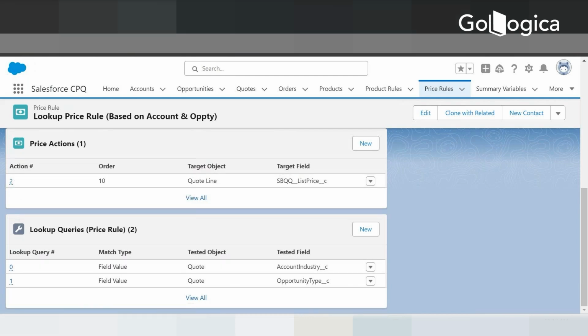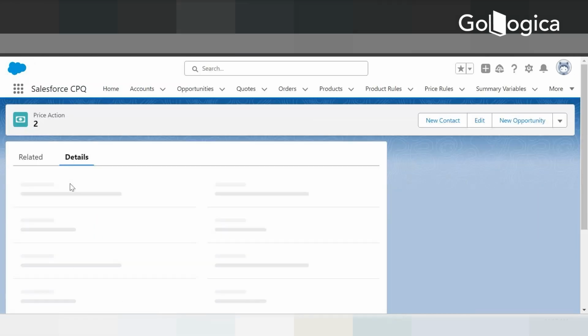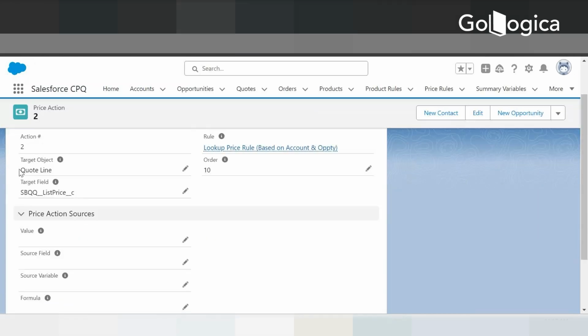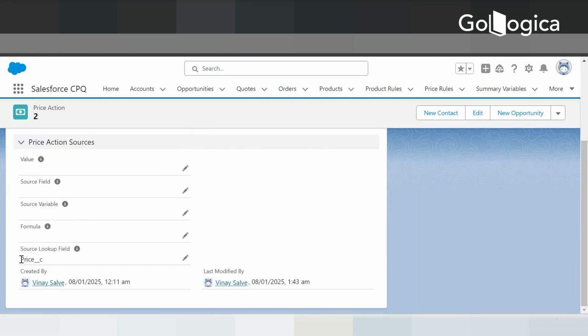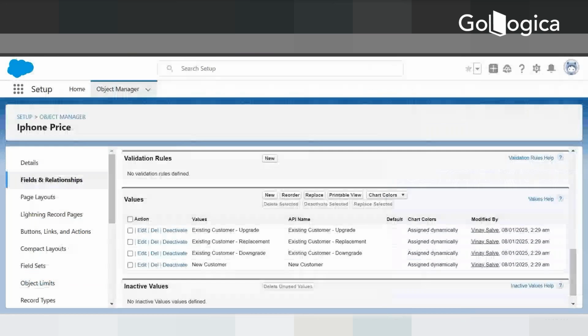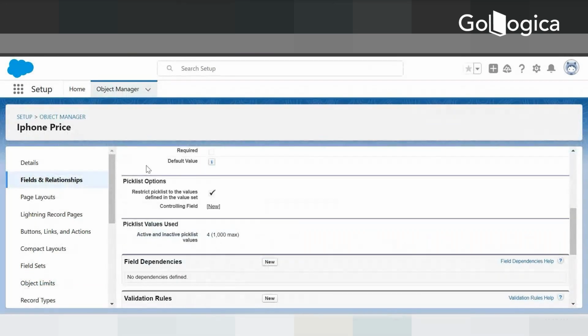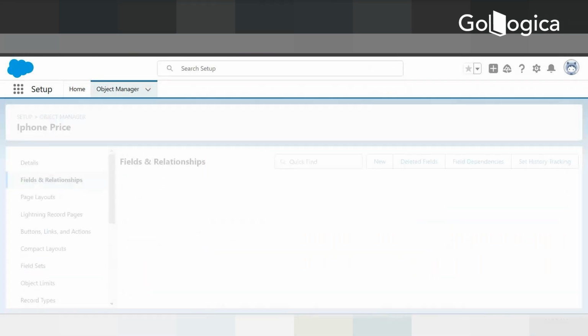So what action it will do is, if I open up the action, it will update the list price. You will see on the quote line, we are targeting the list price field, which should be sourcing from the price. So over here, I have one field which is